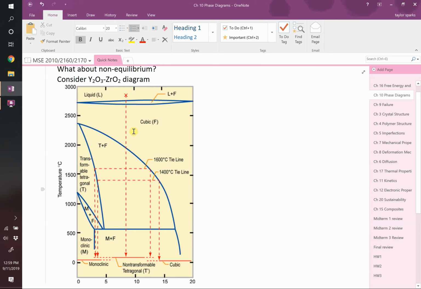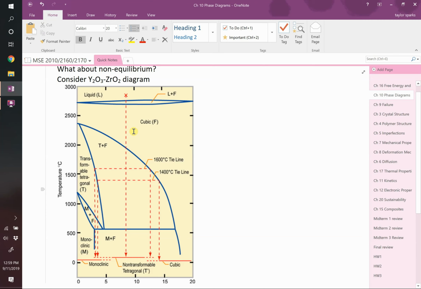Anybody taken a hot pan, a casserole dish out of their oven and then put it in cold water? Yeah, it's toast. It's gone, right? That's typically, so I don't think that you can quench cubic zirconia. I'm just going to go out there and make my prediction that that won't work. But what you can do is use the phase diagram and say, oh, well, what's slick about cubic zirconia is